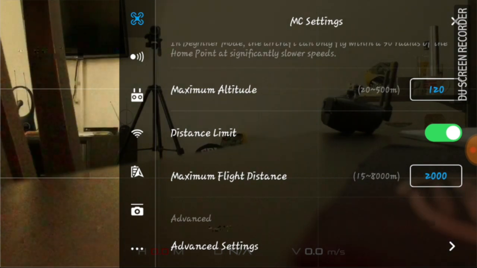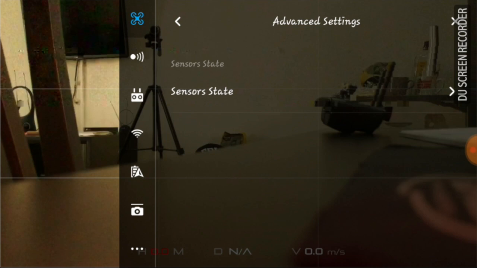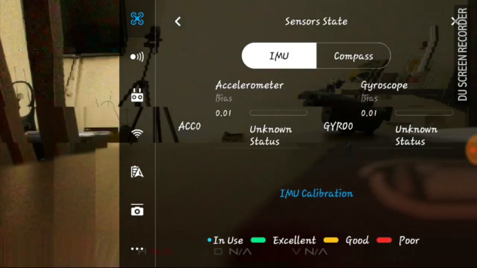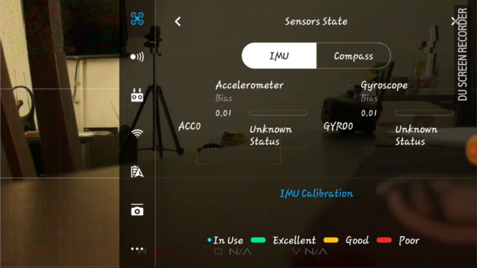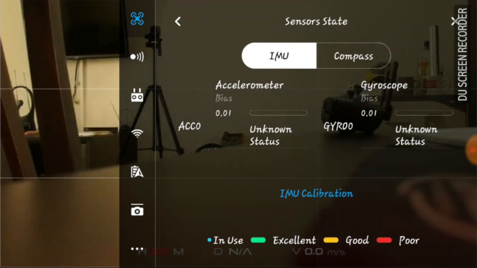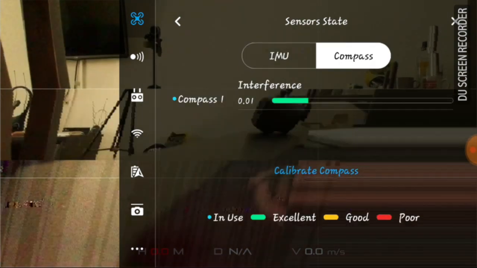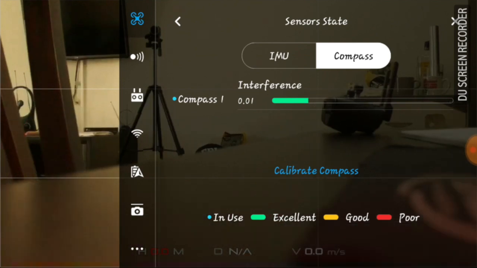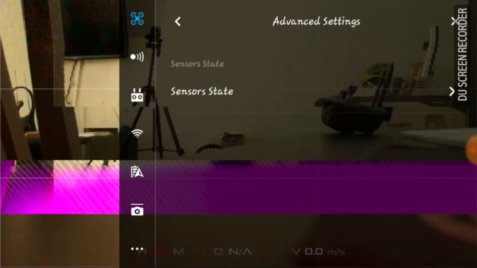At the bottom, you can see that there are some advanced settings, and for the Spark, you just have the sensor state. You can check the IMU and see whether that needs calibrating, and it's in excellent condition at the moment. If I press compass, we're probably going to see that there's compass errors. Well, actually, it's not too bad considering it's sitting right next to my computer. So that's not bad at all. So if we then go back